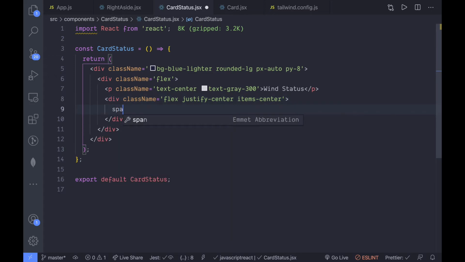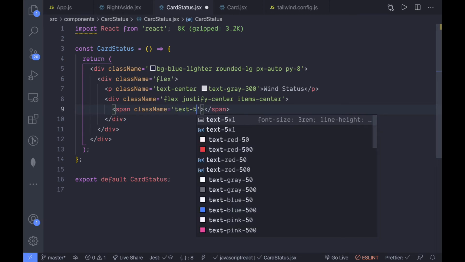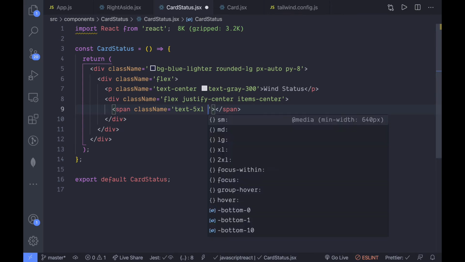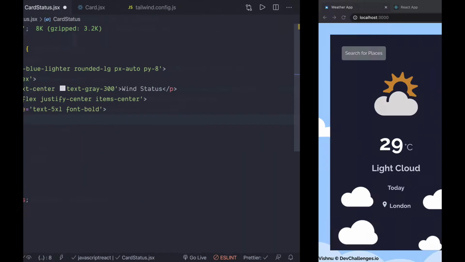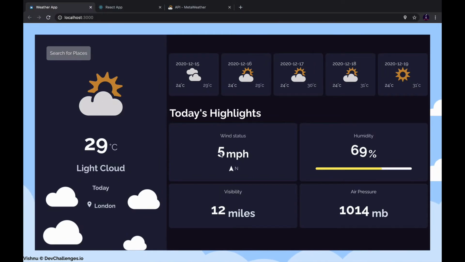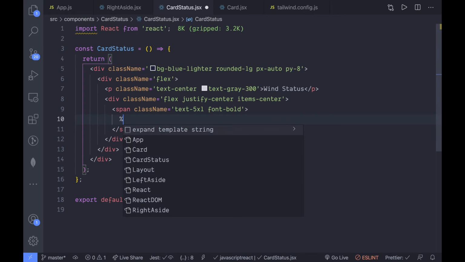So here create a new span tag, and let's just give it a class name and set the text to 5 pixel, so that we need a bigger text here, and set the font to bold. And here let's just say for now, if we take a final look, so we are getting this 5 mph. So let's just give 5 right here,